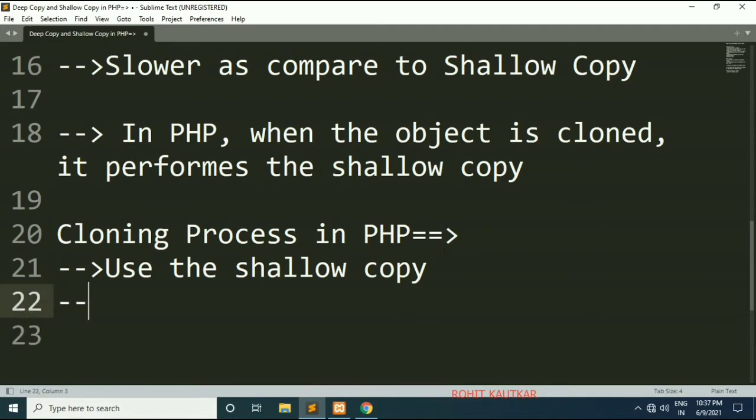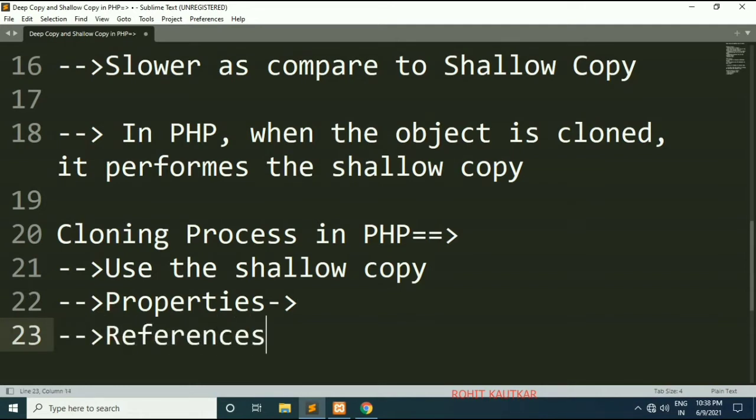In shallow copy, all the properties which contain primitive data are copied as primitive values into the new object, and the properties which are references remain references within the new object as well.